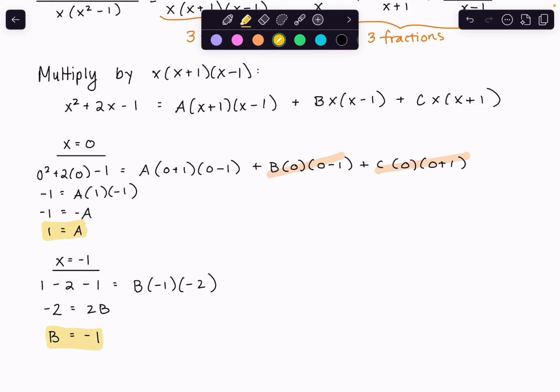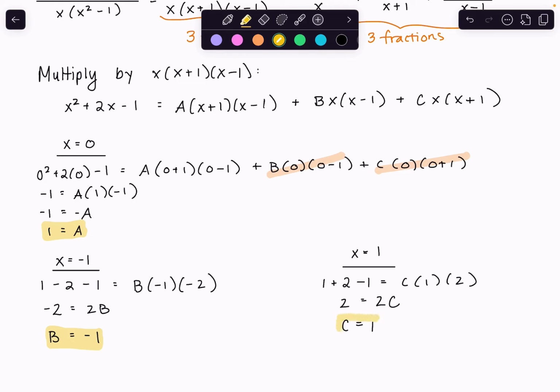Okay. And then I have one last number to find. I've used 0, I've used -1. Now it's going to make sense to use +1, because then this is gone and this is gone. So you're really just using those numbers that cause you an issue in the denominator. Okay. So if I plug in 1, that gives me 1 plus 2 minus 1. Then we're just going to have c times 1 times 2. So this tells us 2 is equal to 2c, giving us